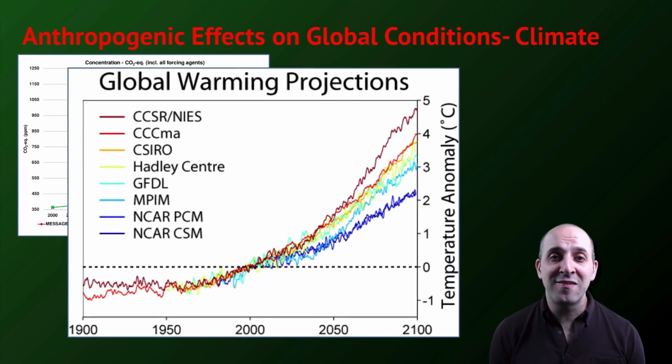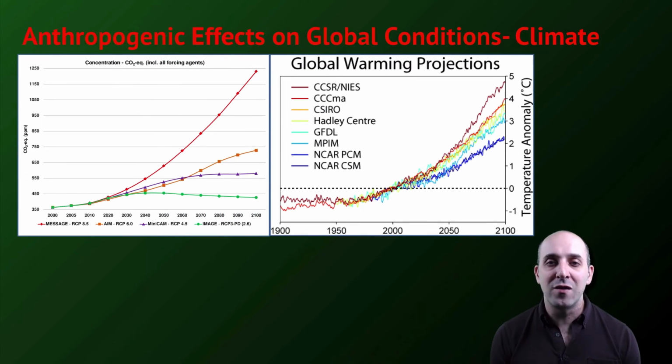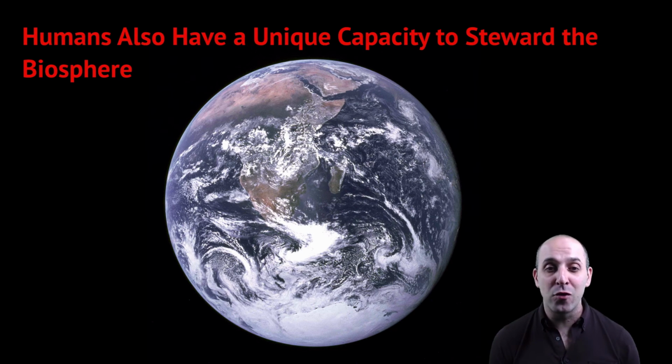It's hard to make a case that human activities are doing anything other than degrading the overall planetary system that we rely on in order to remain alive and well and at the standard of living that we've become accustomed to in this world. But lest we despair, we should also point out that humans also have a unique capacity to steward the biosphere. The other organisms that we share this planet with do not have the ability to plan into the future or to engage in large-scale public works projects in order to help preserve the biodiversity of the Earth. We do. This is the work that's accomplished through the domain of biology that we refer to as conservation